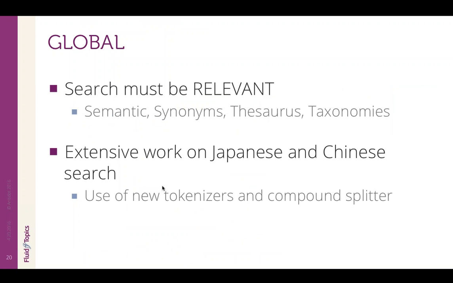So that was UI language, search language, and 3, it's about relevance to be global. Just like speed, relevance is critical to the user experience. And both speed and relevance are also related in some way, because if your search engine is lousy, then the user will spend time searching, rephrasing the search, clicking around. So even though the interface is fast, the search experience is really slow, and that gives a tedious user experience. So the search must be highly relevant in all languages. And this is certainly where we make the most difference on the market.